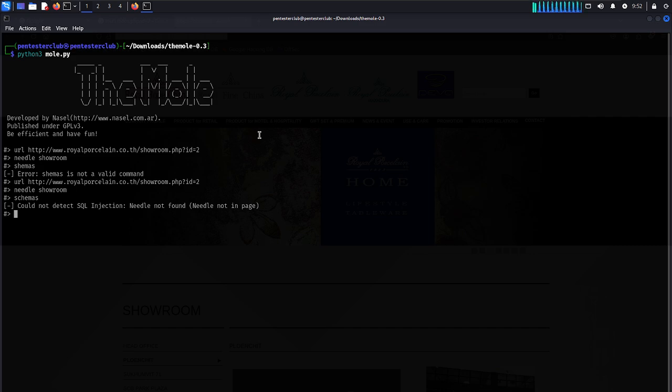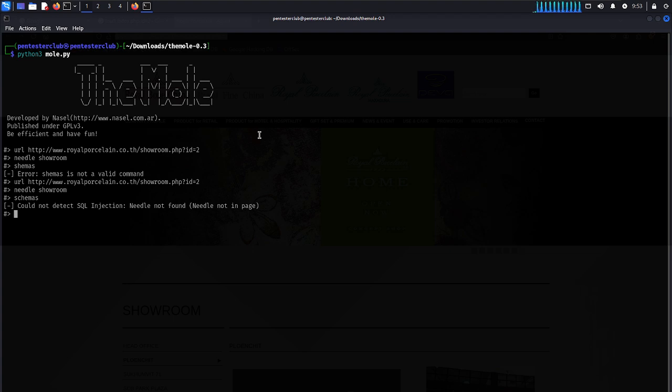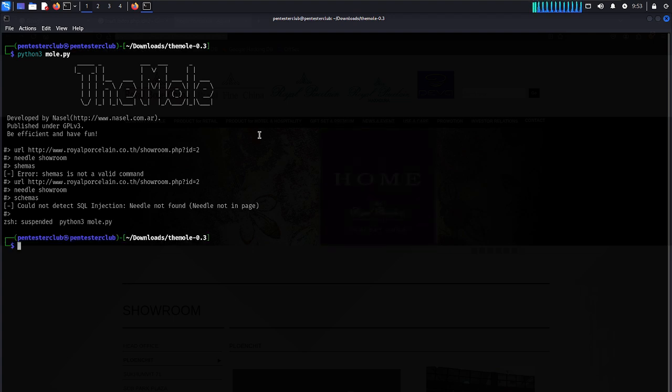Schemas could not detect a SQL injection. Needle not found in a page. So we cannot detect here also. So we just close this. So now just type here clear. Now